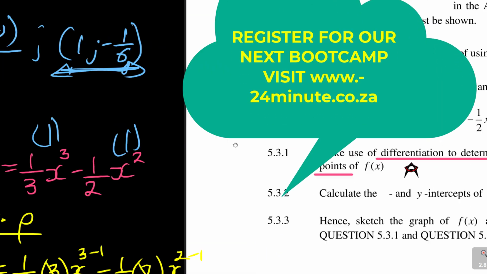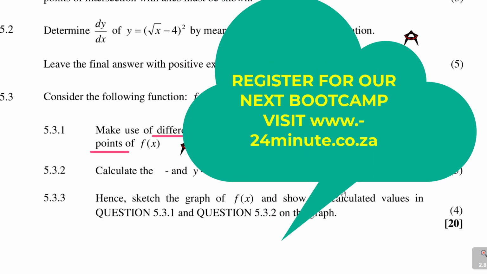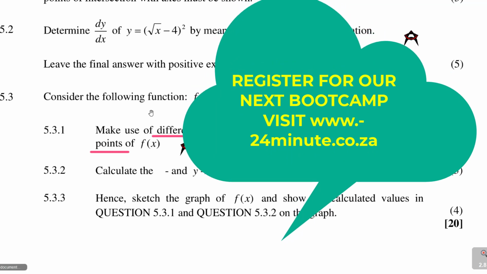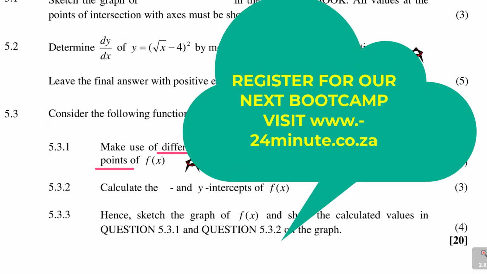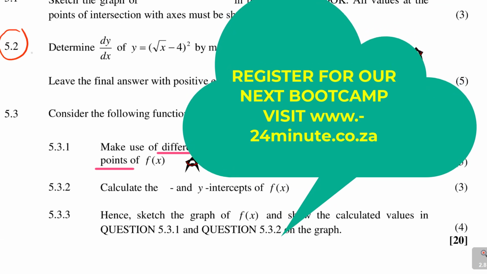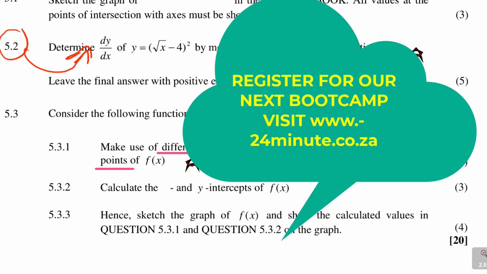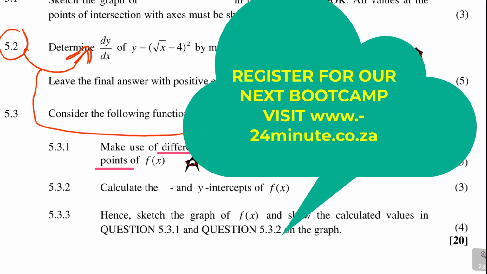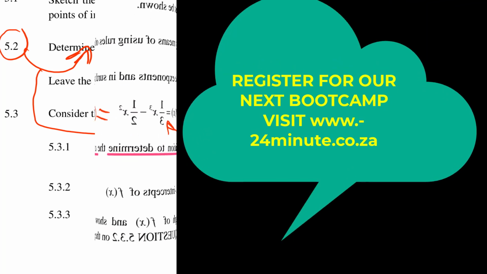You get that? So what I want to say, it's 5 marks, but trust me, man, it's a given. It's just calculus. This thing flows, it's actually the same thing that we are doing here, 5.2. You are finding dy over dx. They are even giving you marks for finding dy over dx here, and just equating it to 0. And then after equating to 0, solving for x. After solving for x, taking the 2 x values and putting them into the